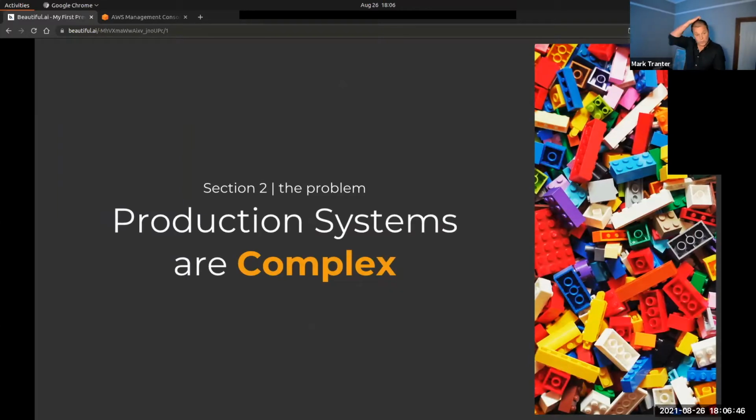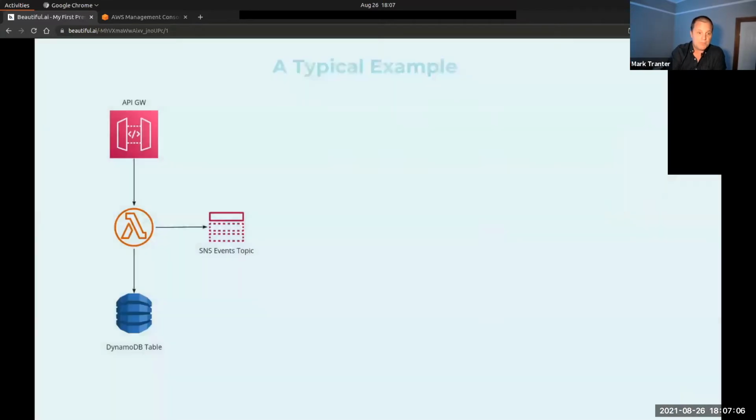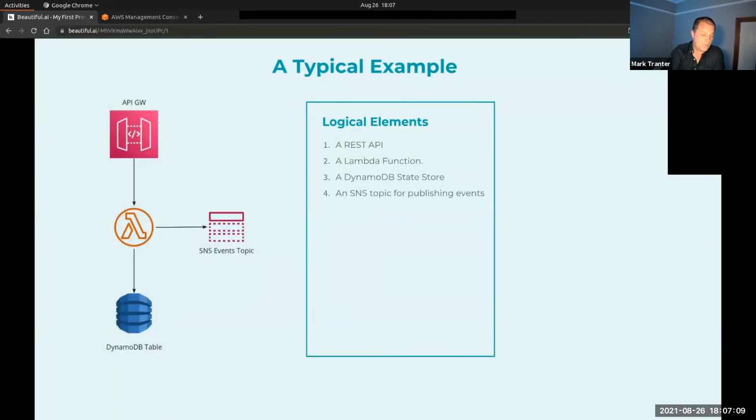The thing standing in our way is the complexity of production-ready systems. I think, or at least for me, coming into serverless, I don't think a lot of people are prepared for how much stuff you still have to do. So while there's no physical hardware to operate, there's still a whole bunch of complexity that has to be dealt with. And I want to look at that now with a sort of typical example. I want to imagine that we have some microservice, some little web app that consists of an API gateway, some compute, a lambda function, for example.